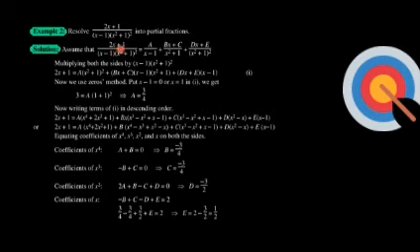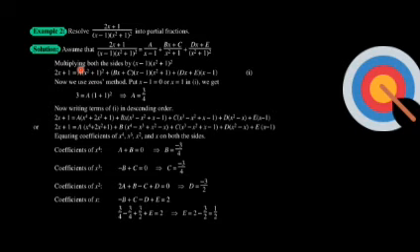Assume that (2x plus 1) over (x minus 1) times (x square plus 1) whole square. We put the linear factor x minus 1 and put an A above it, so A divided by x minus 1 is the first term. We put Bx plus C above the first quadratic factor with power 1, and Dx plus E above x square plus 1 whole power 2. So the first power gets Bx plus C and the second power gets Dx plus E.